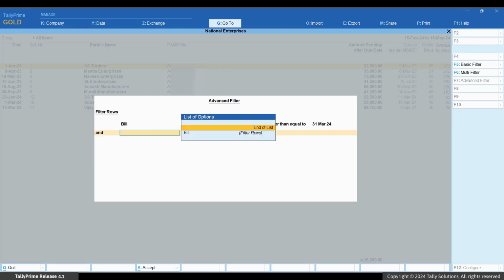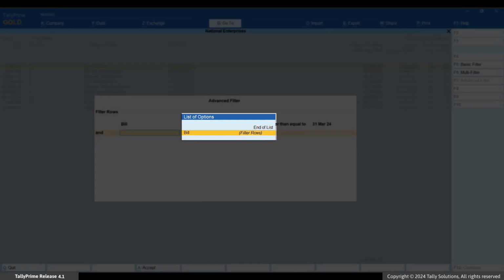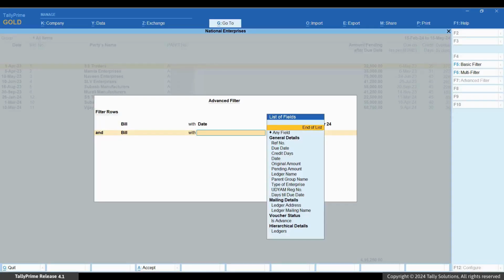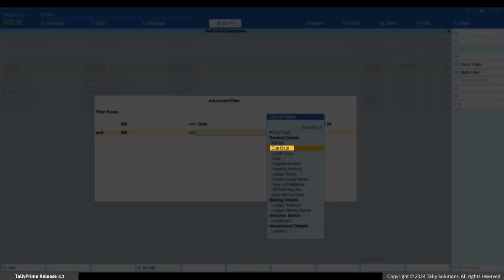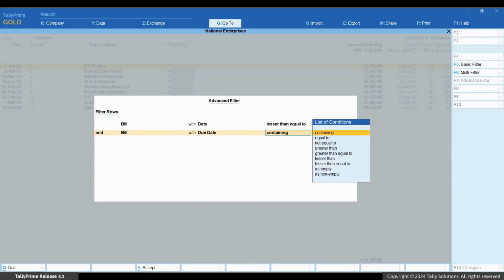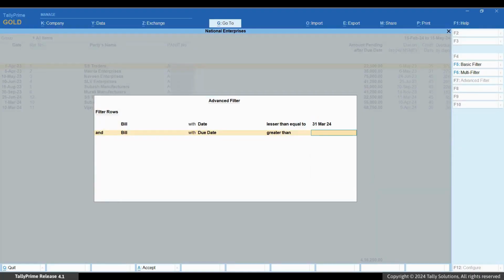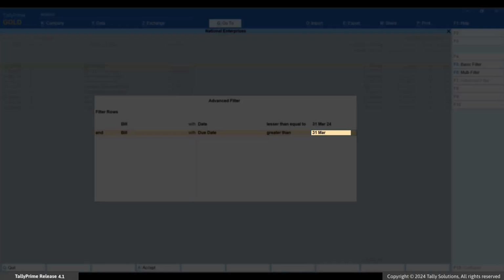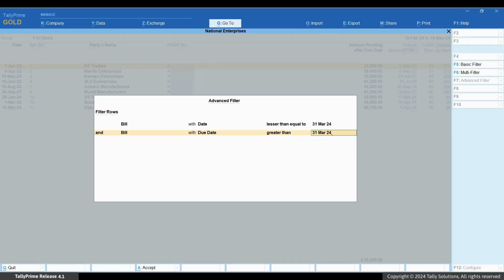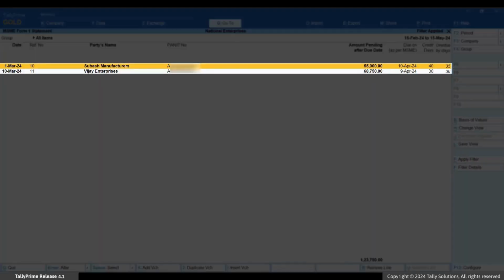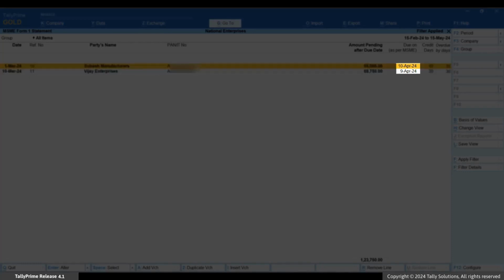Select And to continue adding filters. From the list of options in the first field, select Bill. From the list of fields, select Due date. From the list of conditions, select Greater than. Specify the date as 31st March 24. Press Ctrl+A. You will see the list of bills with due dates beyond 31st of March 2024, which will be